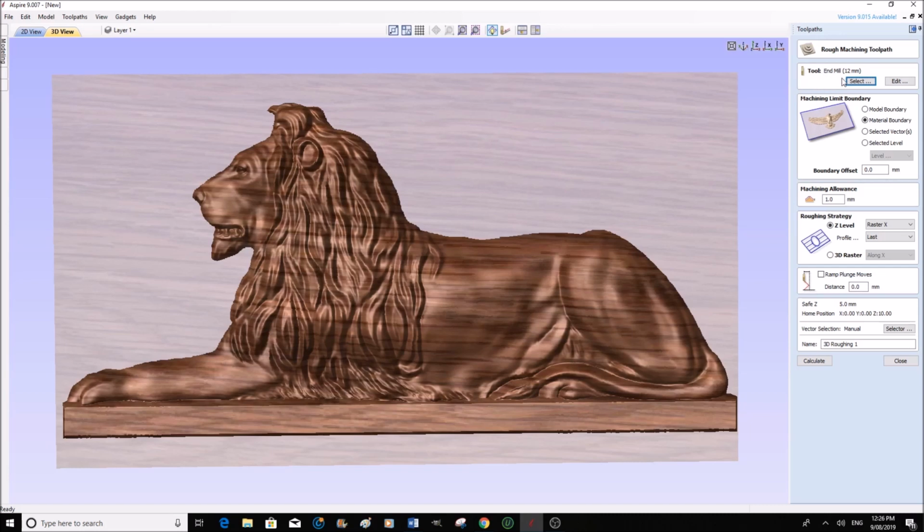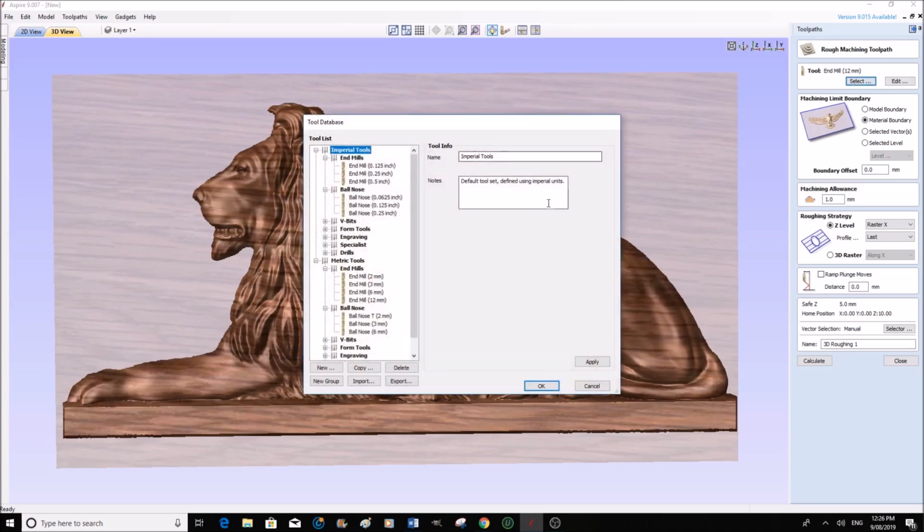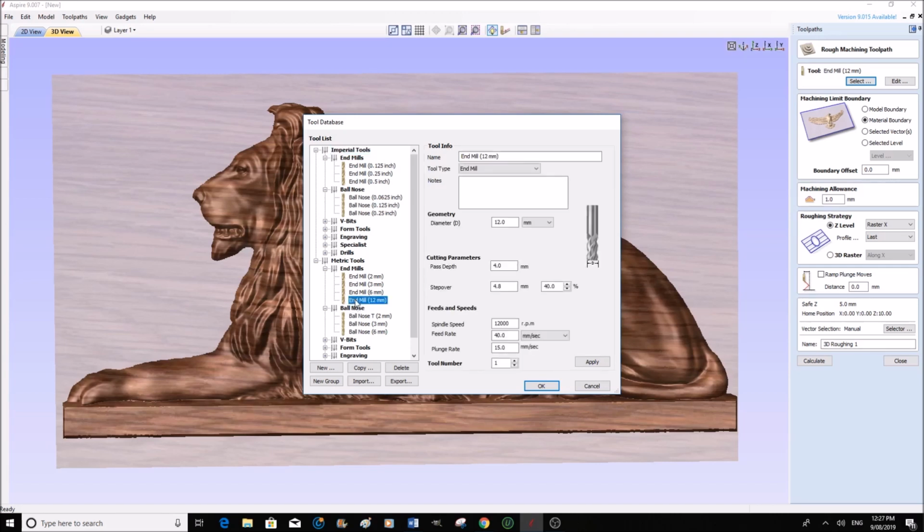Now we are going to select a different tool. In actual fact, the tool that I have is a 13mm. So what we're going to do is make a tool in the tooling list, because the 13mm just isn't here, and we're going to call it an end mill, although it is a straight shanked 2-flute router cutter. So we're going to choose this one,